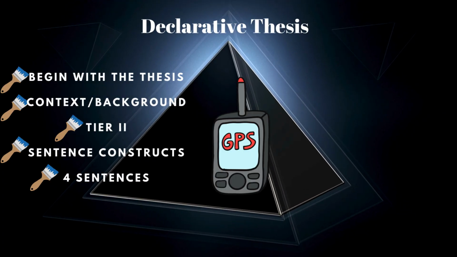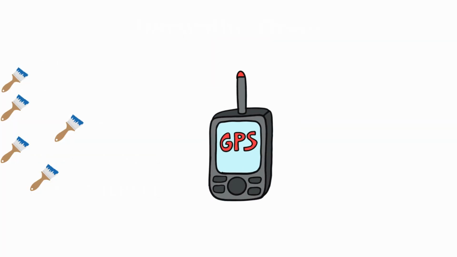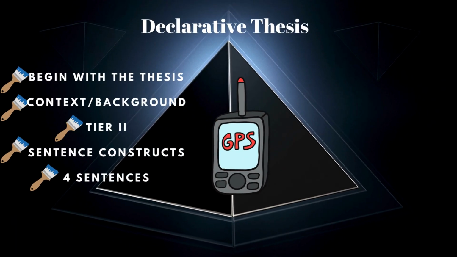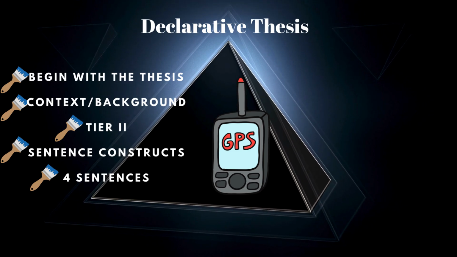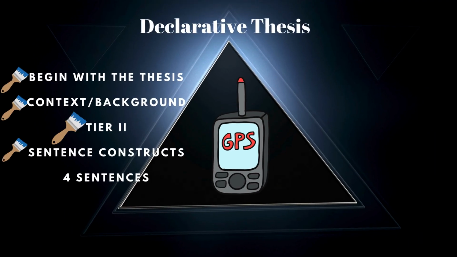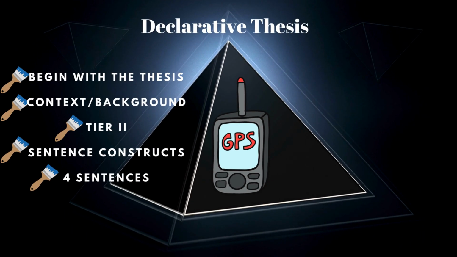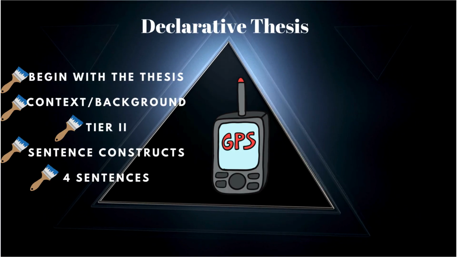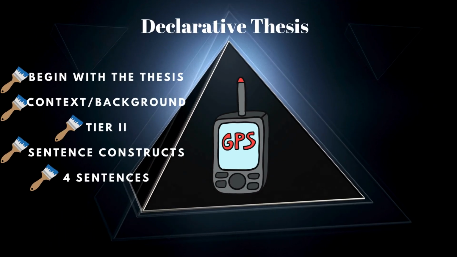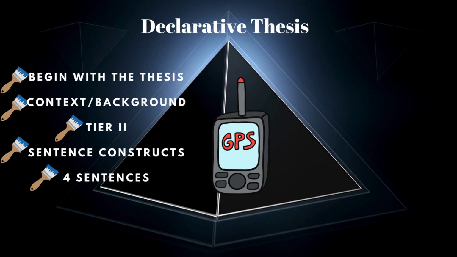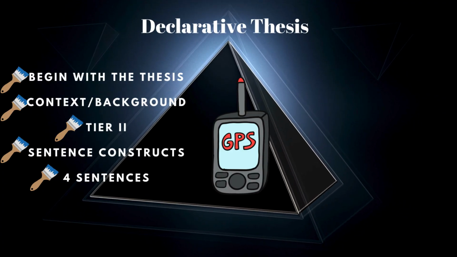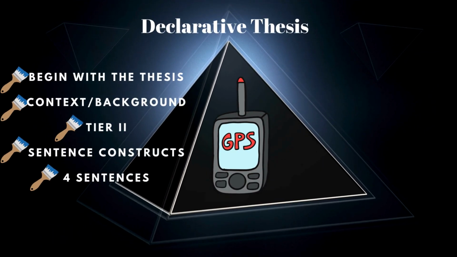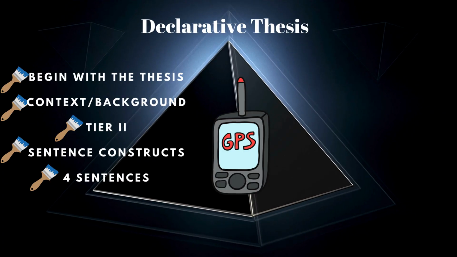And then in terms of context and background, I'm going to use different language for this year because I think it simplifies it. I'm going to talk about the internal GPS that is imperative in an introductory paragraph. It's going to be a 4-paragraph essay. So I want kids to hint, kind of imply, what's the directionality towards body paragraph 1 and body paragraph number 2? That's what I mean by context and background. Set the GPS. And then I want to see a little bit of tier 2 level vocab in here, just your average run-of-the-mill SAT level caliber words.